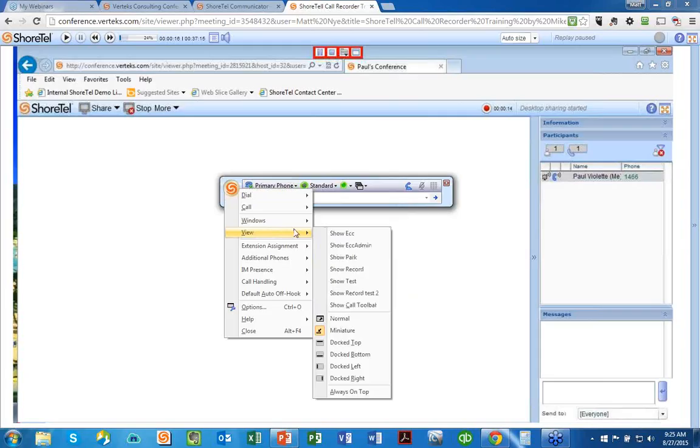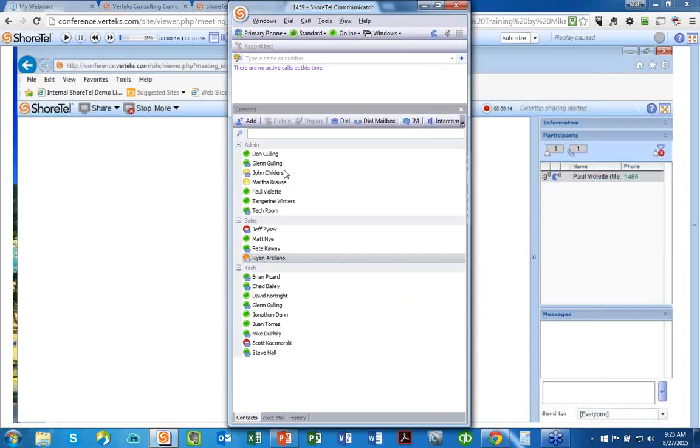Now the other thing we can do, I'm going to put us back in normal mode here. The other thing we can do is within Communicator, we can actually modify how these tabs and windows work inside of Communicator. So right now, I've got a standard view with